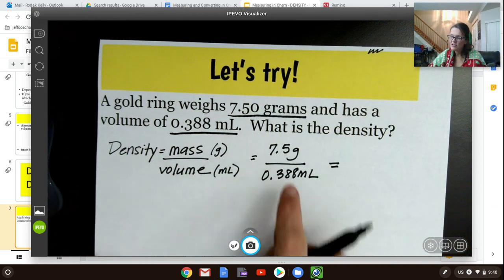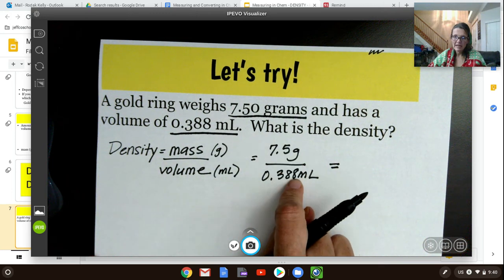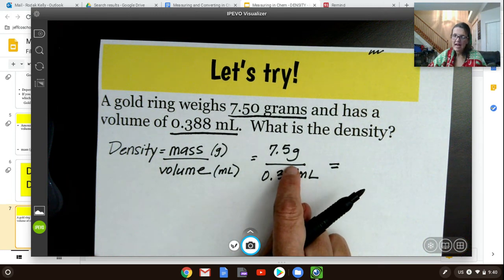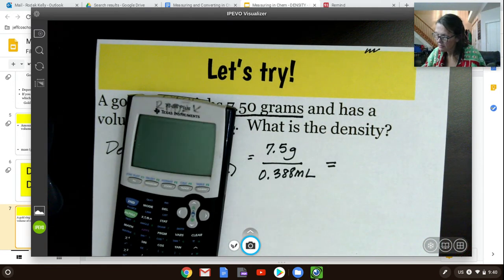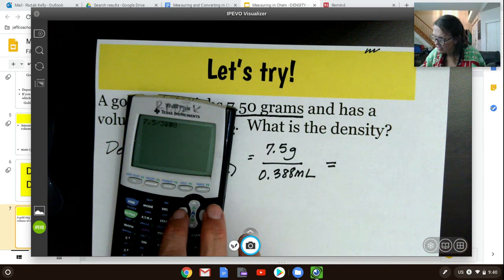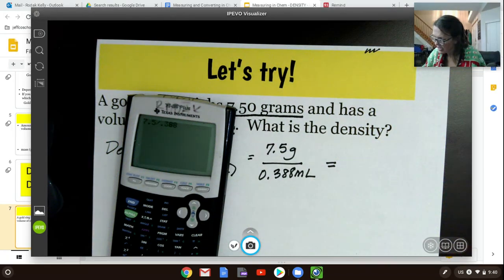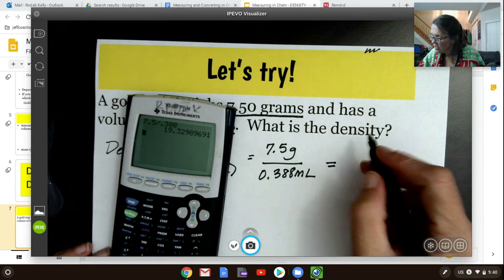And then all we have to do, we know that when we have something written like a fraction like this, that line means divide. So we're going to take 7.5 and we're going to divide by 0.388. And let me get here a calculator. Okay, so I'll do 7.5 divided by 3.88. Oh, excuse me. It's supposed to be 0.388. And we get